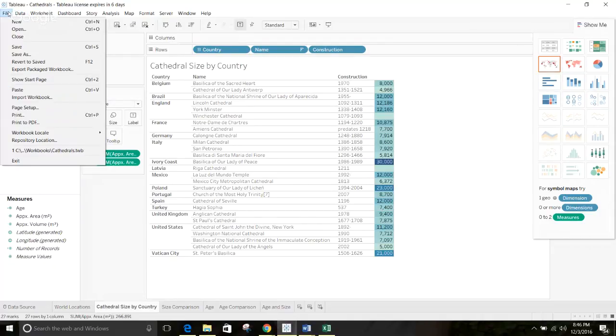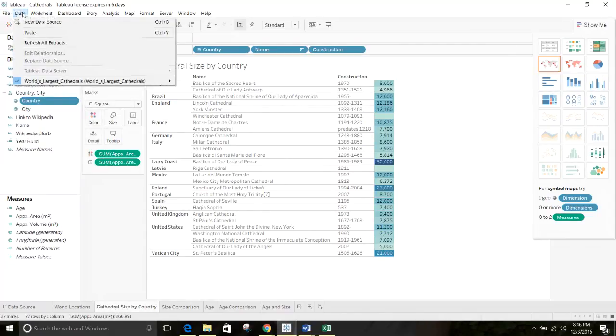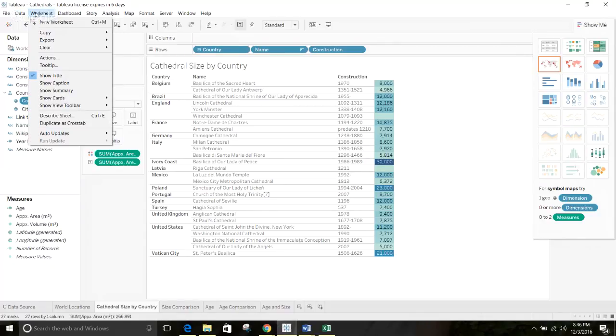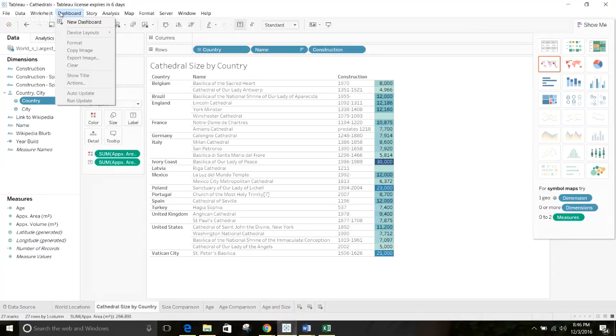Okay, so you have the file, which is what you use to obviously make a new file, save it to a new folder, revert to a saved file, that sort of thing. Data you enter to a new data source, which I like, is you can have multiple data sources at the same time. And that'd be really cool to use in the future. And then you have the worksheets, what you want to show on your worksheets. You do a dashboard for a different type of